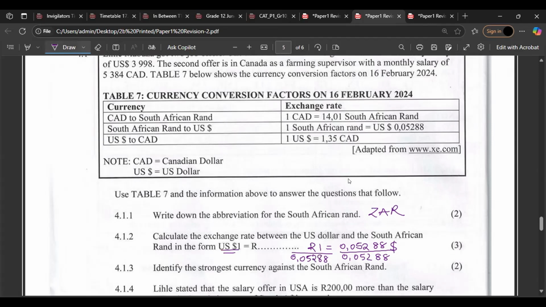All right. So this goes with that. It remains 1. You see that? Then the answer you get this side here, it's the one that you put here now. Okay. What answer do you get? 1 divided by 0.05288. You have the answer as